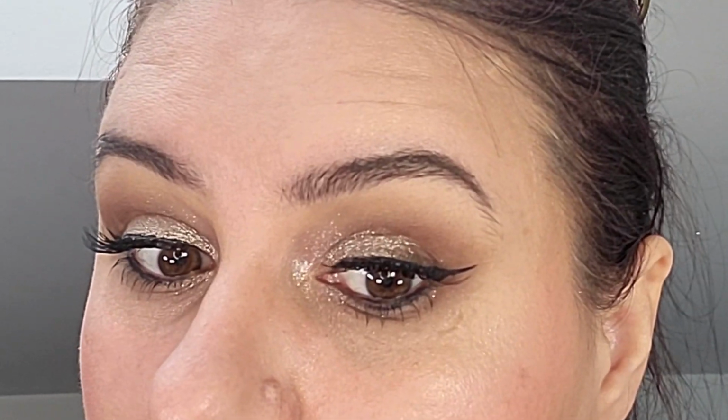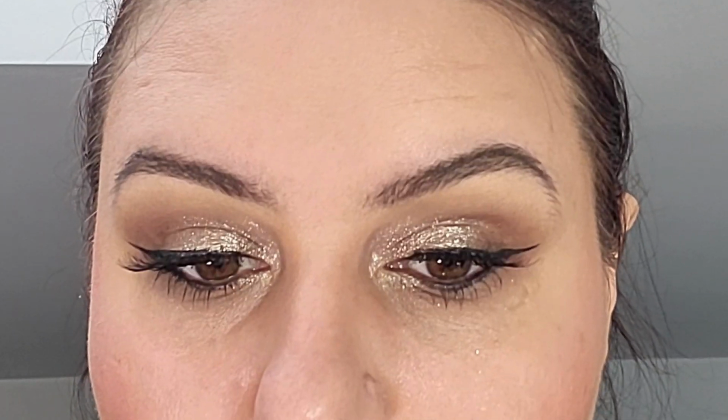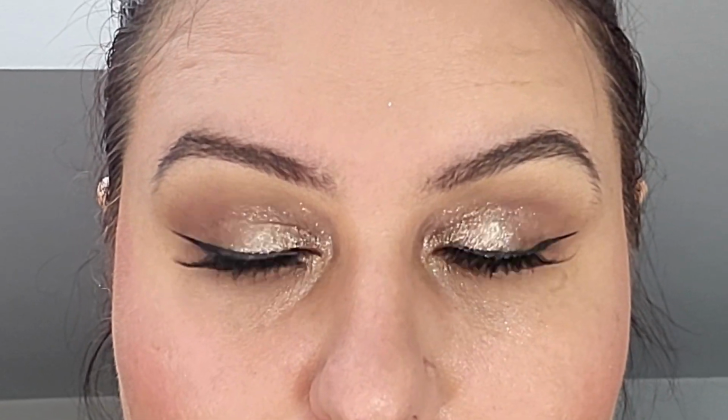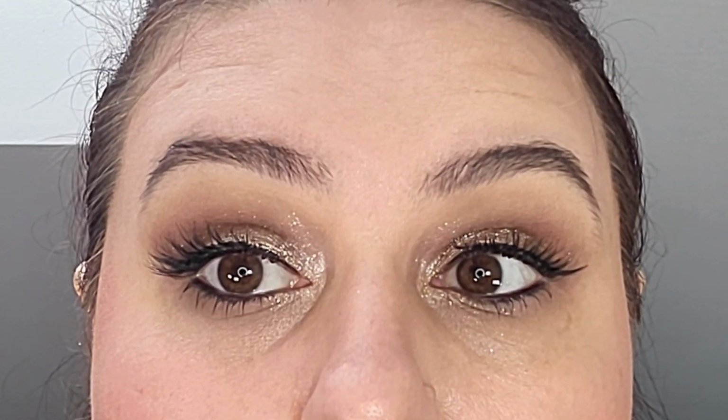Pros and cons with the palette: the shimmery shades are beautiful, the matte shades are very blendable. Cons, I think that the dark shade could be a bit more buildable or a bit darker because it looks really dark in the pan, but as soon as you start applying it, it doesn't really keep that depth. So if you want to do a more intense look, then this palette won't really work for that. But I think it's a very beautiful eyeshadow palette if you want to do lighter, more everyday type of looks,